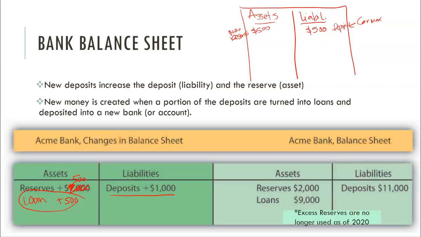Now notice when the bank lent this money out, it did not reduce the original deposit at all. So when the bank got this $1,000, they lent out half of it. It doesn't decrease the checking account balance of the person who put that $1,000 in. It does, however, increase the checking account deposit of whoever got the loan. So now in this scenario, we actually have $1,500 in checking account deposits, $1,500 in electronic currency when we started